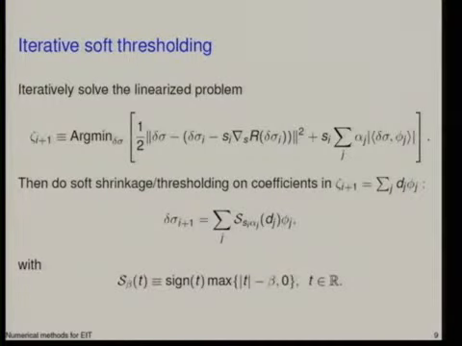So this zeta may be sparse, or it may not be sparse. But then we enforce a soft thresholding on this. So the zeta i plus 1, the one we found from minimizing up here, is now expanded into the phi j basis, coefficient dj, and then we apply a soft threshold operator to the dj's, and that gives us the next delta sigma i plus 1. So maybe I should say what this soft thresholding actually does.